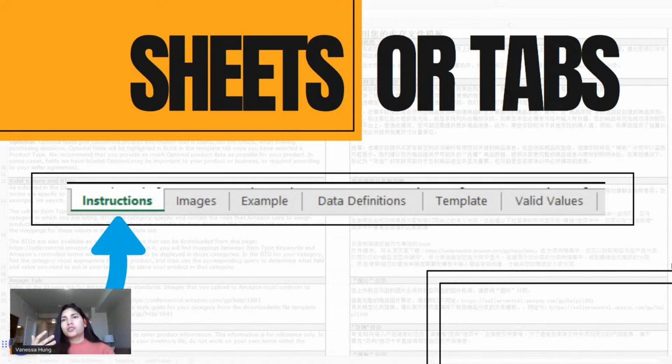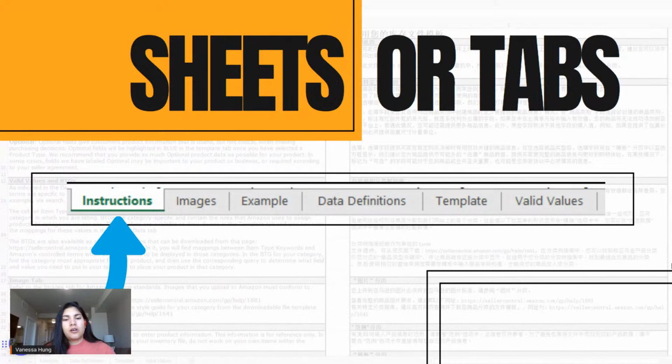So for example, if they're asking you for something that you don't understand what it means, you will find answers in data definitions. Or if you find a field that has a drop-down menu, or you simply don't know what you're supposed to put there, you have the valid values tab, which will tell you what are the accepted values or the things that you should input in those attributes.